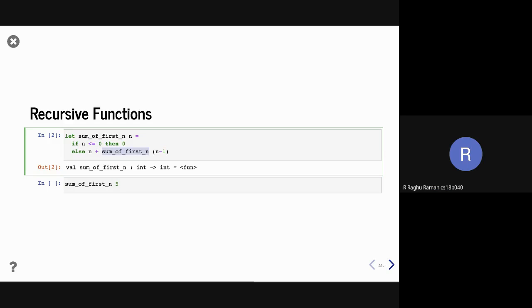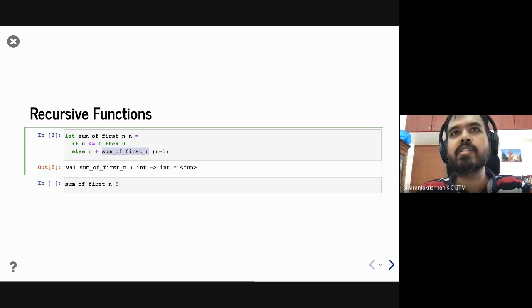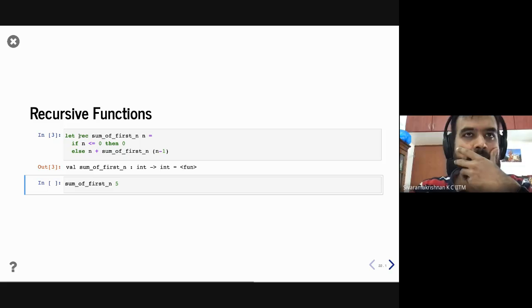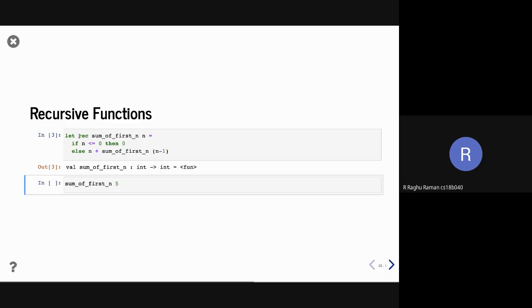Okay, good question. So was there another question? Okay, thank you, sir. Anirudh had a question. What if you want to use two functions which refer to each other? We can do that. I will show an example later. Okay, so Raghu had a question, is it? Sir, in this case, if before this I declare another function of the same name, sum of first n, it'll work or it'll give some multiple declaration errors?